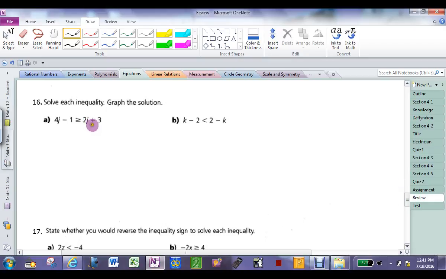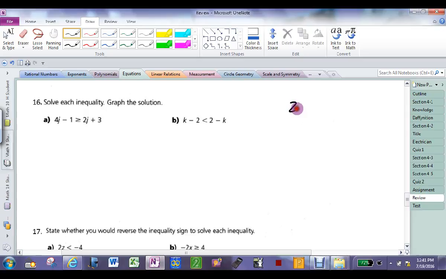Solve each inequality. Again, nothing changes. What should move, 4 or 2? 2, because it's smaller. And we deal with the letters first. When is the only time we want to do something to letters first? When there's more than one letter, we have to deal with them first. But,